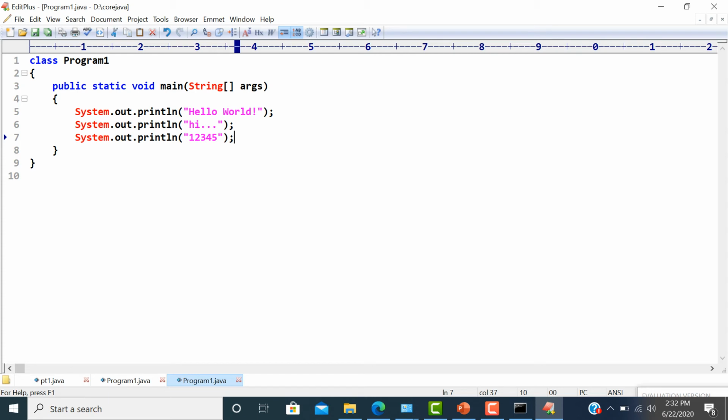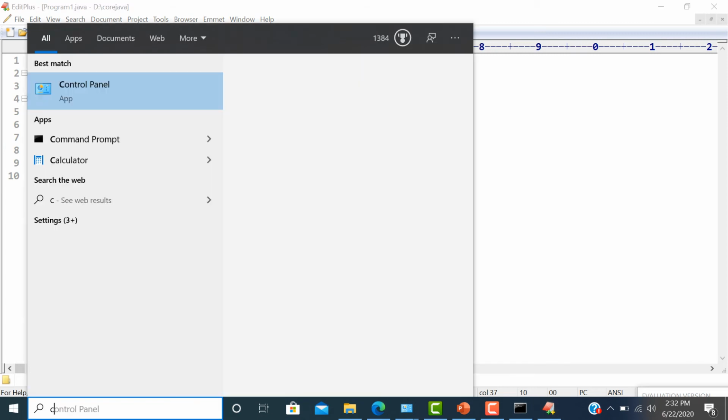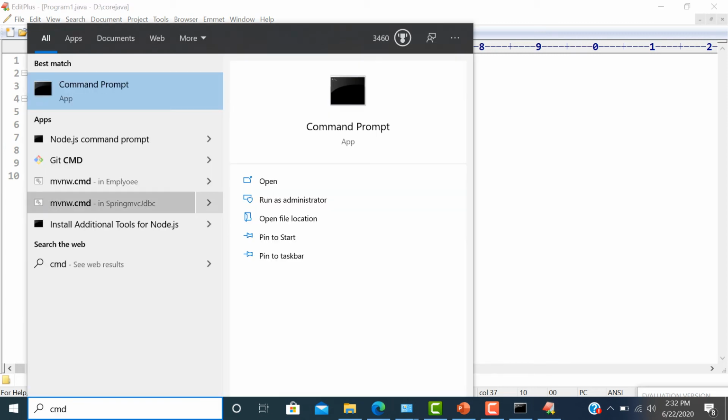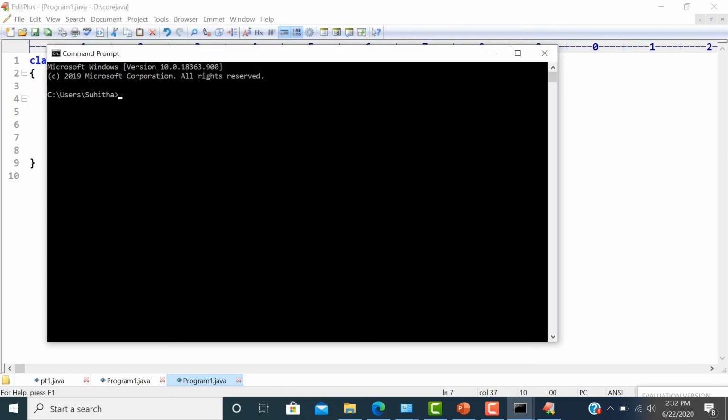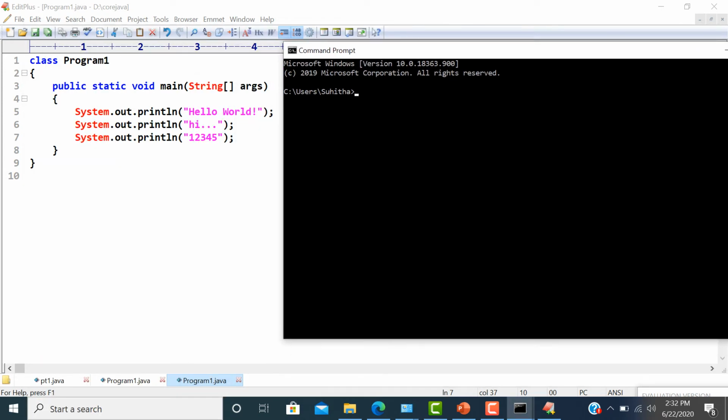Now I want to call my compiler to check this program. So I have to go to my command prompt. Here it shows the C drive, I have to change it to D. Just give D colon.